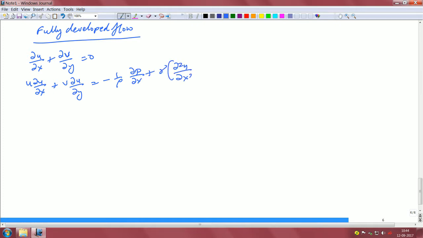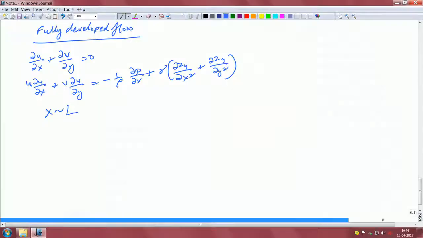That is where we will start, and we will show what are the terms that we can actually neglect. So, we will follow the scaling argument here, and we will try to show how we can get to the revised version. Okay. So, here x scales as L as before,